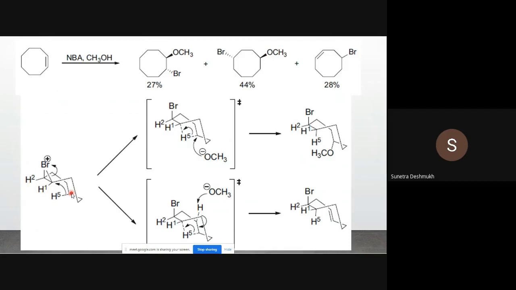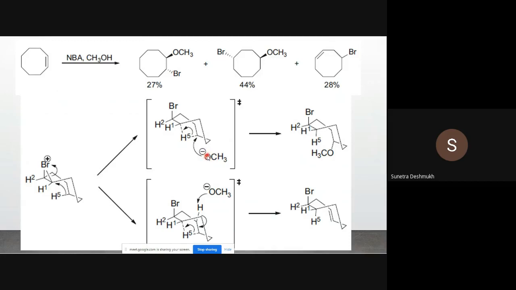They have written it in such a way that we can show the hydride shift very well. So pay attention, here you can show the 1,5 hydride shift or 1,3 hydride shift. Pay attention to position number 5, the fifth carbon atom which possesses hydrogen. That one only is shifting from the 5th to the 1st position. So here they have shown the attack of methoxide.